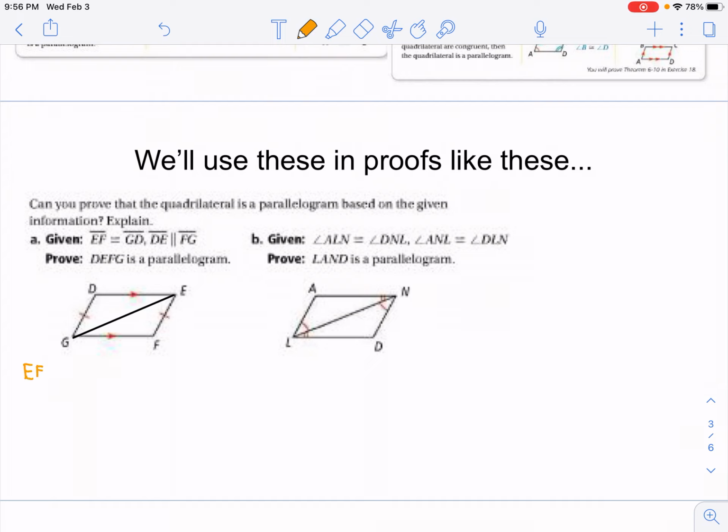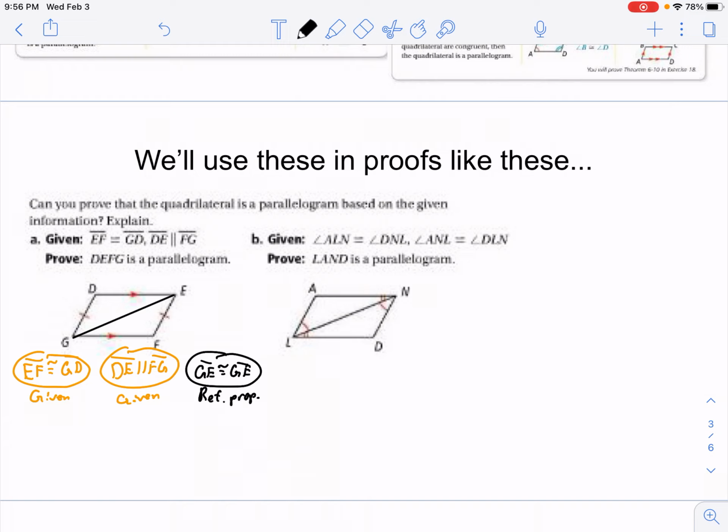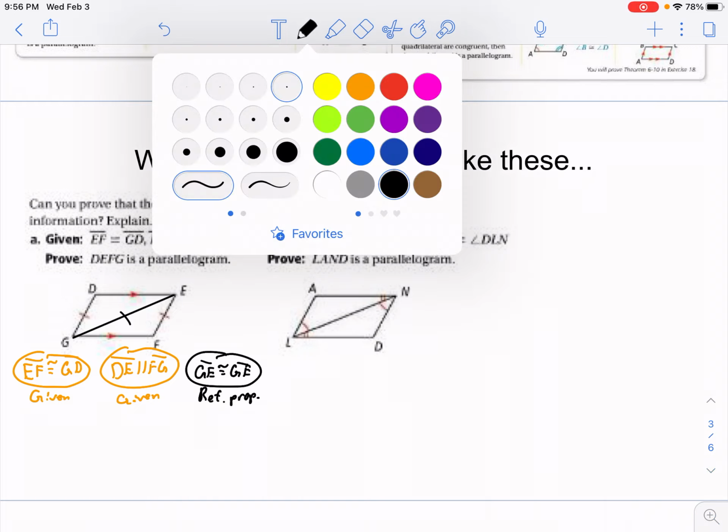Now we know that EF is congruent to GD because it's given, and DE is parallel to FG because it's given, and GE is congruent to itself because I drew it that way, and the reflexive property, of course. Well, that gives us